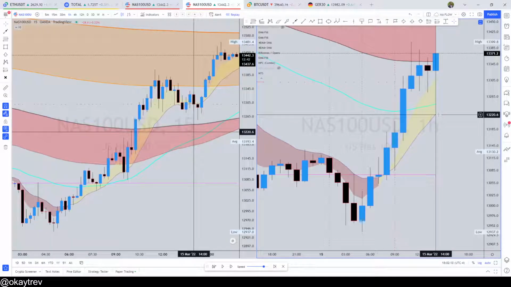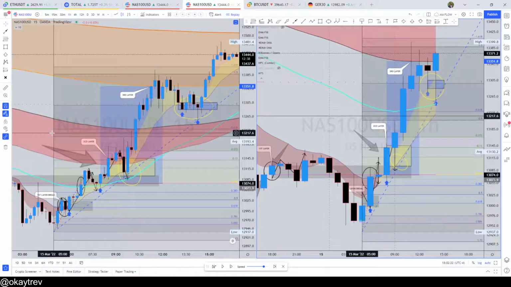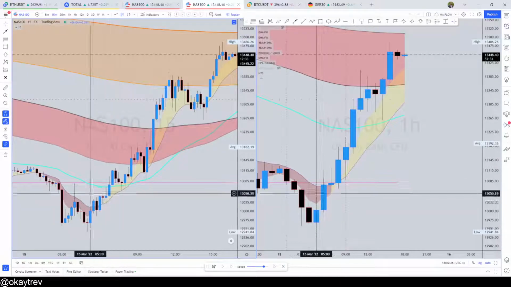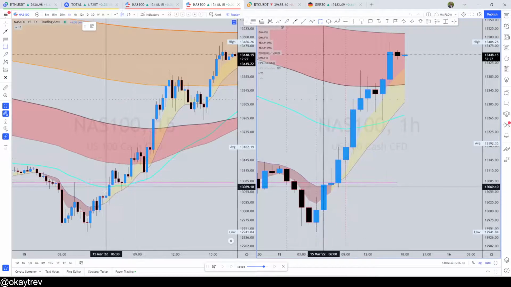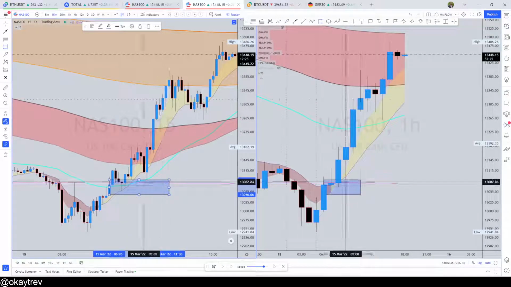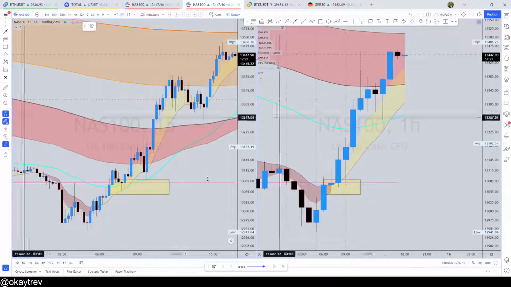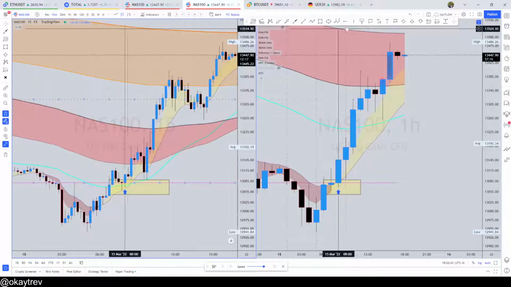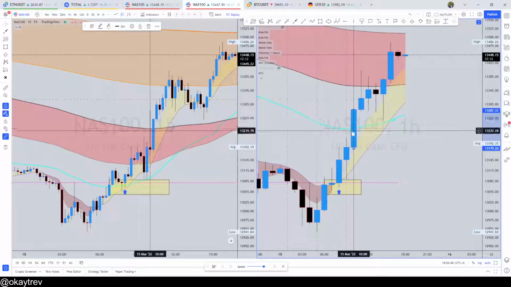What I mean by that is, if I were to use the same confirmations to enter on the 15-minute that I did on the hourly, it would be different structures. Meaning if I used my 50 EMA like this, I'm breaking, retesting, and I finally can enter off of that candle. Then on the 1 hour time frame, if I highlight my 50, the candle that broke my 50 EMA,